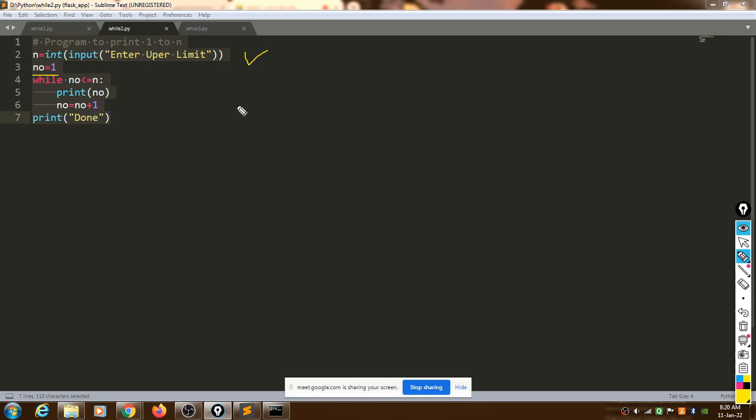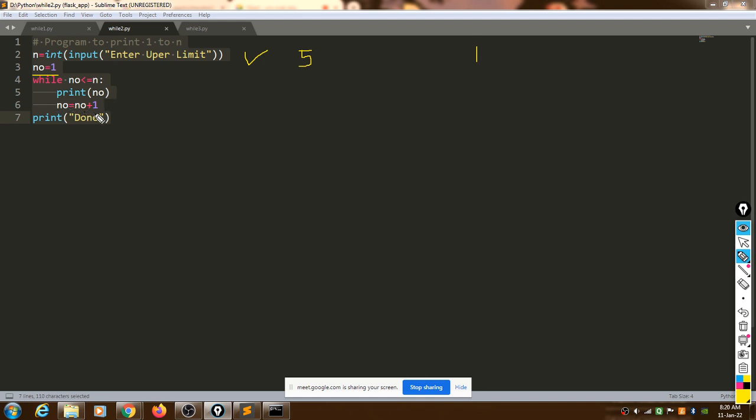So what would happen here? Suppose the user enters the value 5 for n. So no is equal to 1. It will check 1 is less than or equal to 5. Yes, this is true. It will print the value of no as 1.